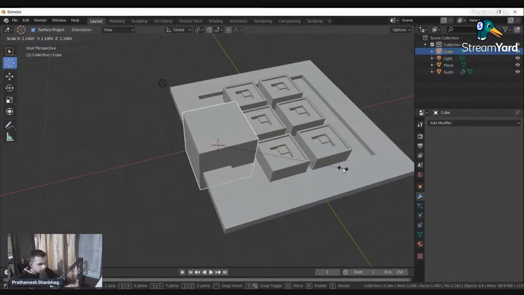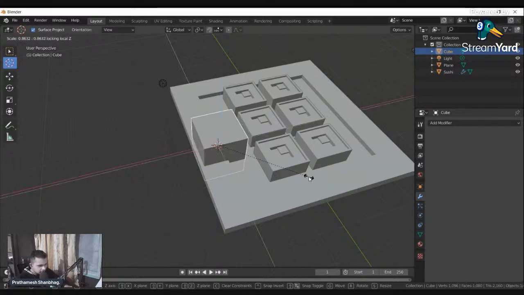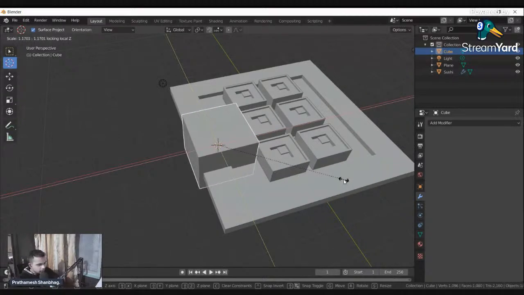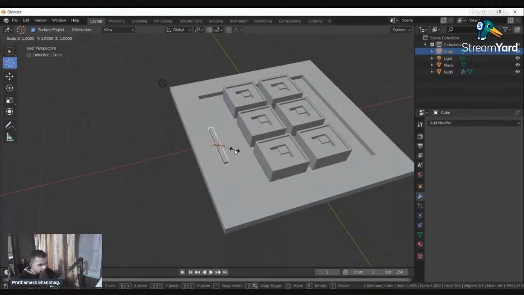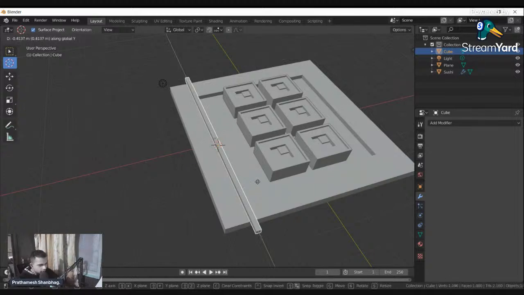Now I'm going to scale it to make it look like a chopstick. And to scale, as I've told you, press S and you can scale it. If you press X, it's going to scale only in X axis. Press Y, it's going to scale only in Y axis. And Z, it's going to scale only in Z axis. But if you want to scale it in X and Y axis except for the Z axis, you press Shift Z and it's going to scale in both axes except for Z axis, as you can see. I'm going to press Shift Y because we don't want to scale it in Y axis. And this is the chopstick. I'm again going to scale it in Y so that it becomes greater in length. And press G and Y again to move it a little bit on the plate.